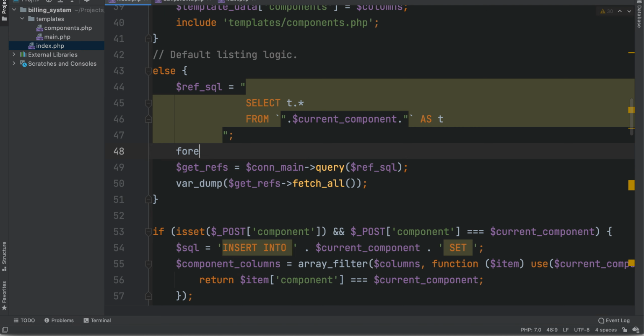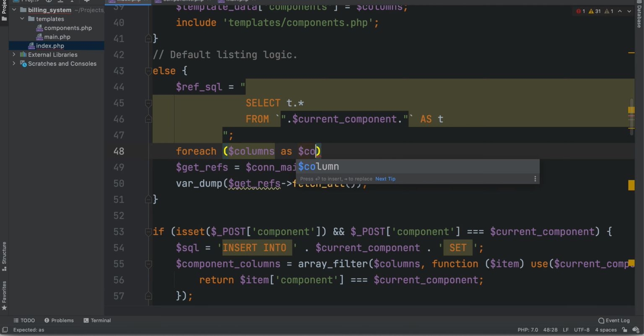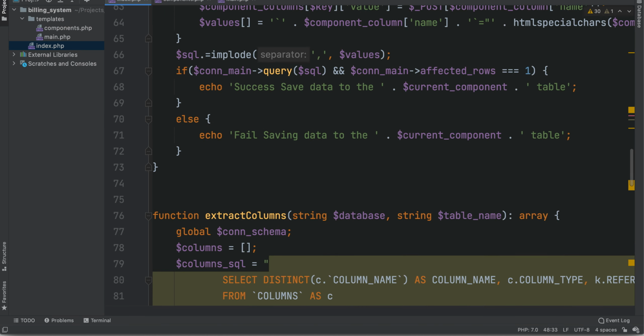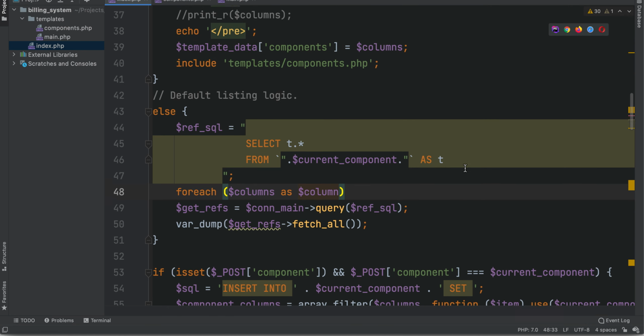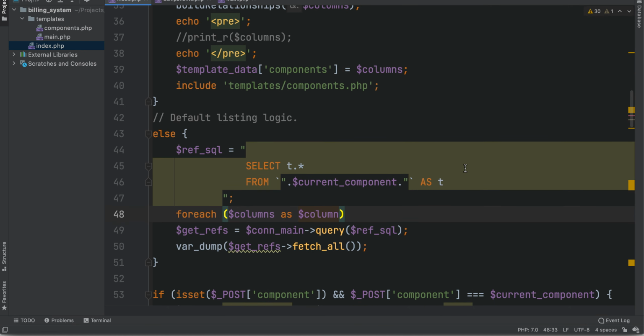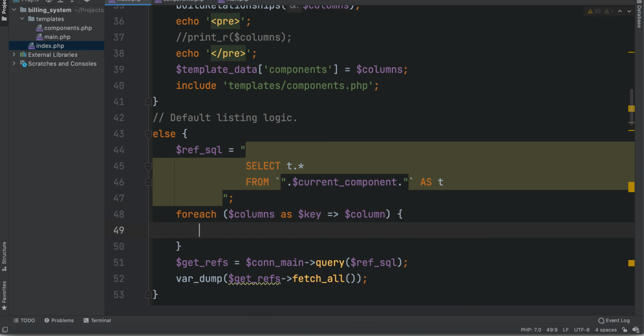So for each columns as column, the same as we do here, and let's use key column, okay, and we're looking for the elements which have a parent, which are a relationship. So when the column parent is not set,